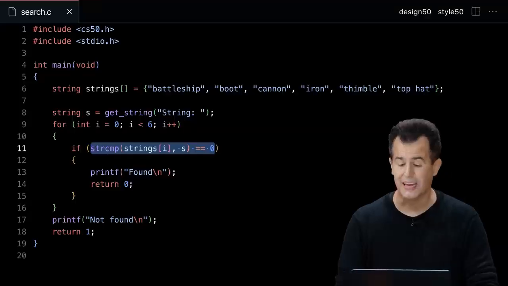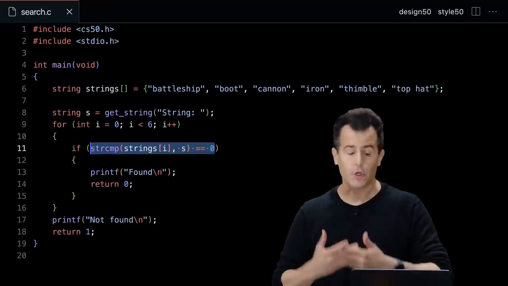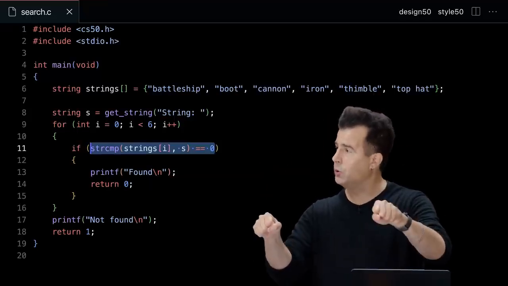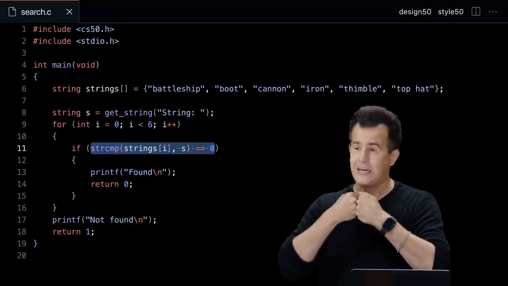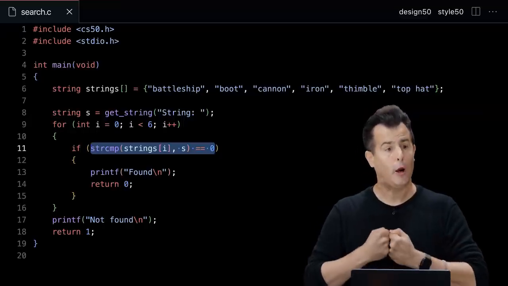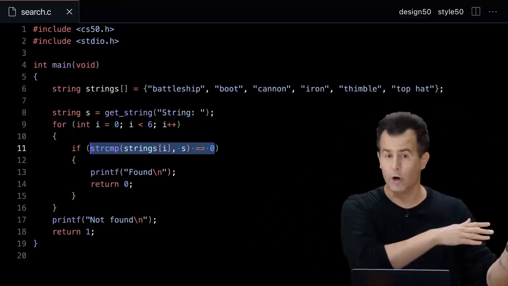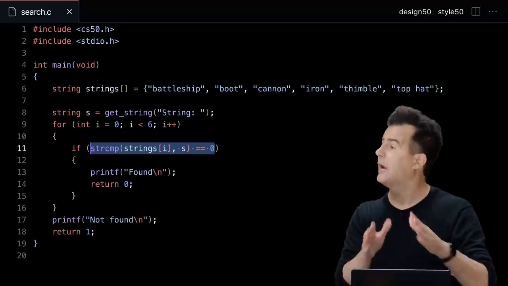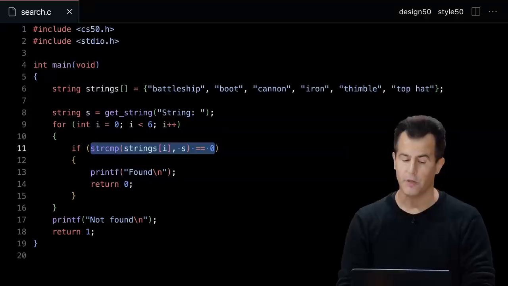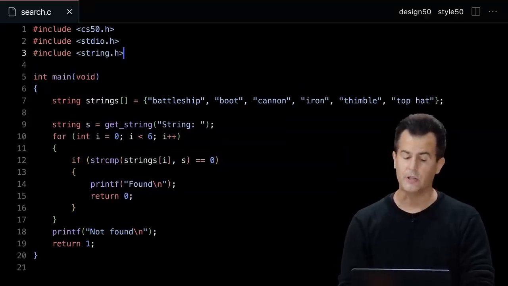So this looks at a glance like way more complicated than it really needs to be. But all it's doing is calling a function called strcmp, passing in 2 strings as input, generally known as s1 and s2, comparing them. And if they are exactly the same character for character, left to right, strcmp, per its documentation, will return 0. I don't care about less than 0 or greater than 0 because I'm not trying to sort anything. I'm just trying to return true or false, yes or no, we have found this string. So to use that function, just like strlen, I need to include string.h at the top.